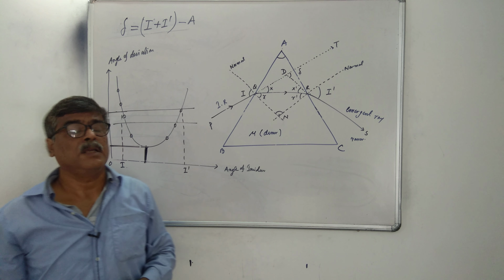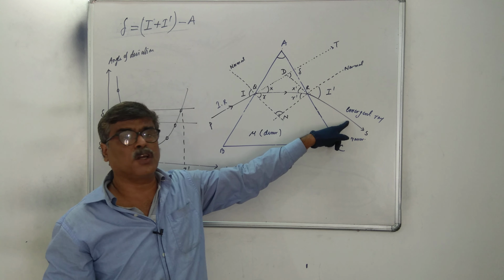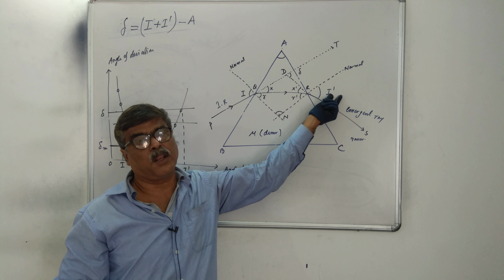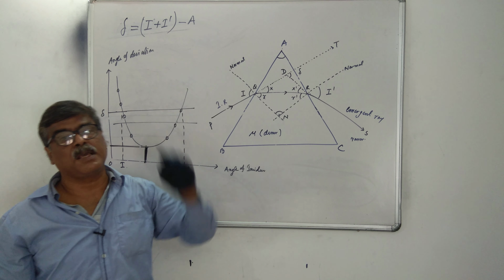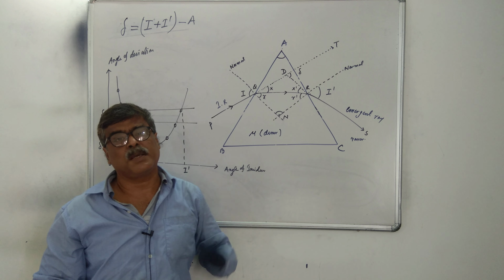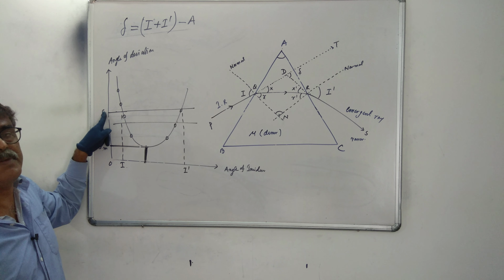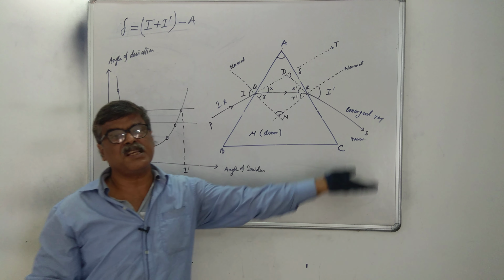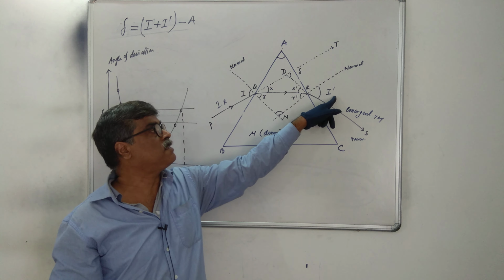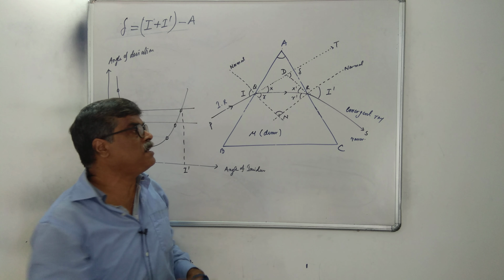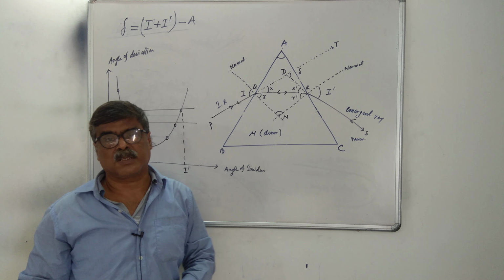This means that if you retrace the direction of light, that is, the angle of emergence becomes the angle of incidence and the angle of incidence becomes the angle of emergence, the light ray also passes through the same path. This is the symmetrical concept of a prism. That is, for two values of angle of incidence, the angle of deviation is the same. The light ray can retrace its path. This is another concept.